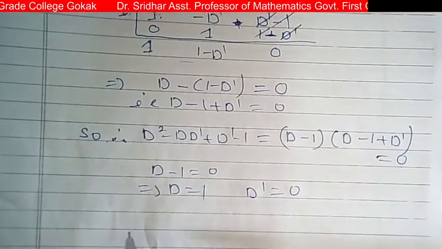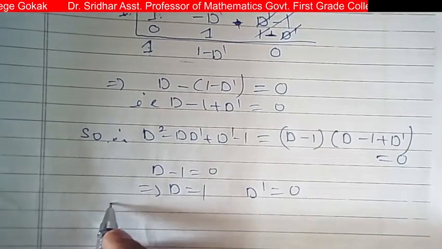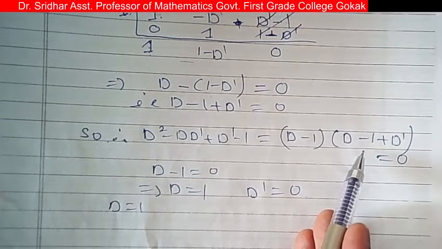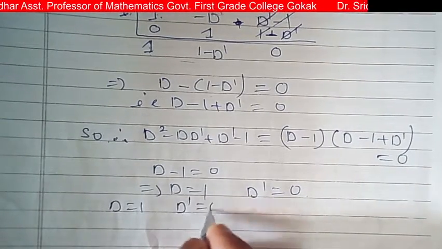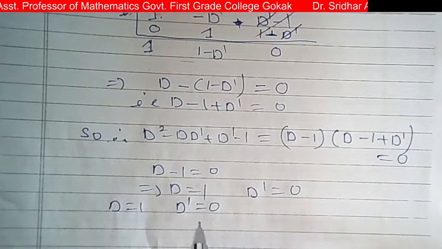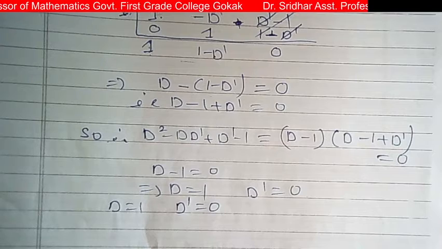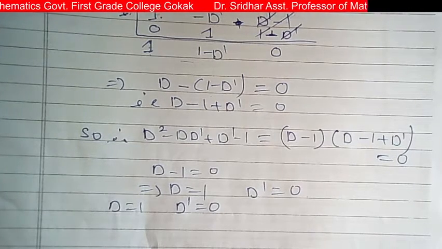So d is equal to 1 and substitute d is equal to 1 in the second equation. So this plus 1 minus 1 get cancelled, you will get d dash is equal to 0. So two roots you are getting, d is equal to 1 and d dash is equal to 0. So which means